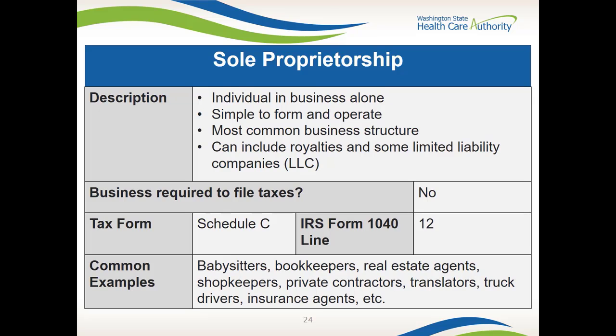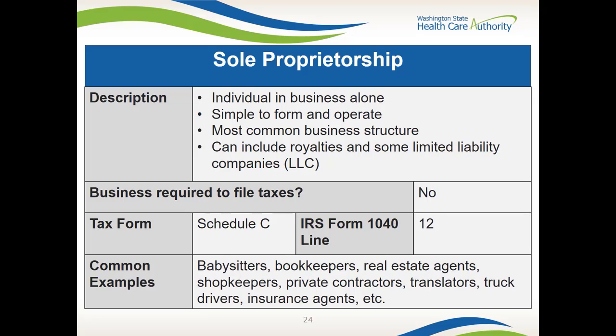Sole proprietors file a Schedule C and report their net income on line 12 of the standard 1040. Some limited liability companies, LLCs, and individuals who receive royalties from copyrights or patents will choose to file taxes like a sole proprietor. Common examples include Uber and Lyft drivers, bookkeepers, real estate agents, shopkeepers, private contractors, translators, truck drivers,